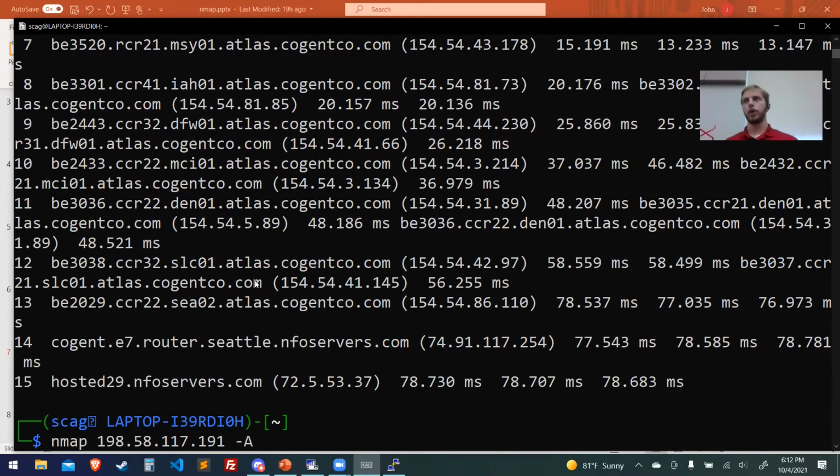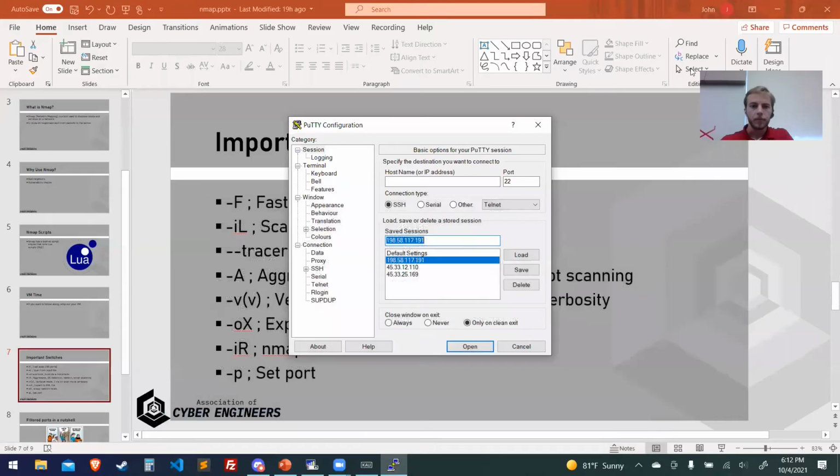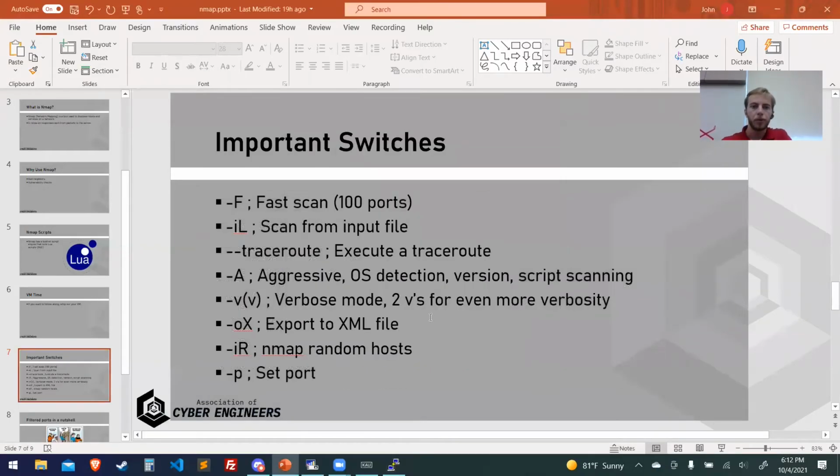Aggressive scan, meaning instead of just finding, hey, this is open, come on back, it's going to find the service, scan the service, find as much information as possible, and then send back that information. For example, we'll know the OS, we'll know the public key hash for FTP. I'm just going to run it because it takes eons to finish. While it's doing that, we can go over exporting to XML because that's super useful.